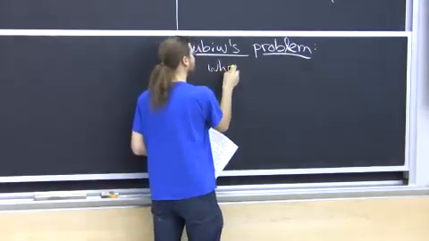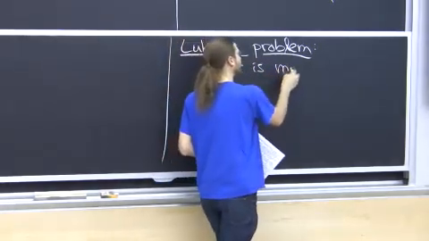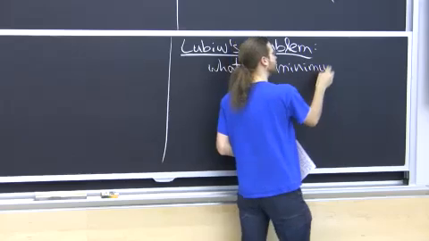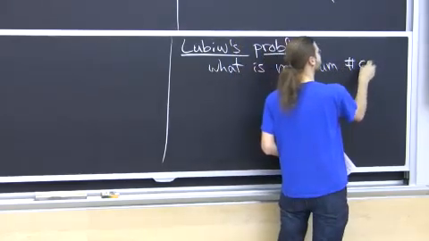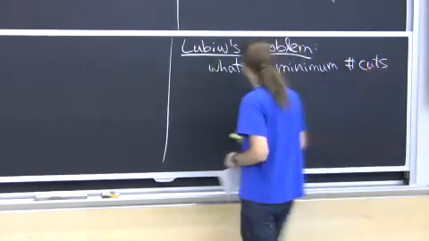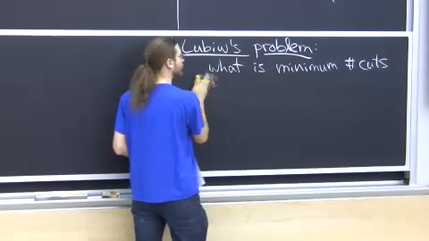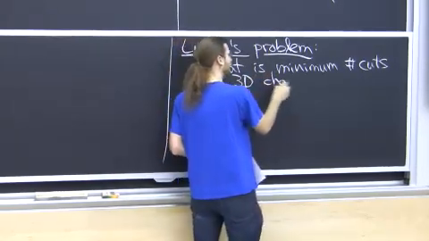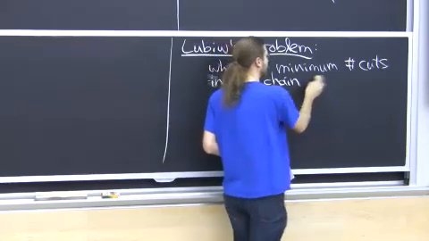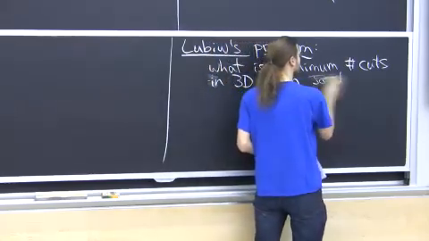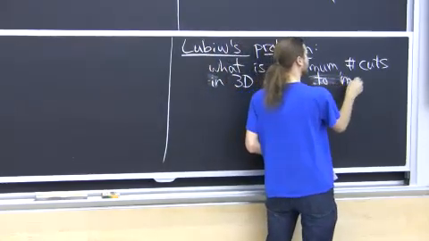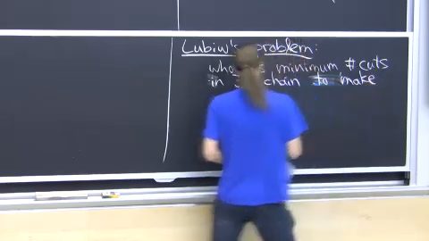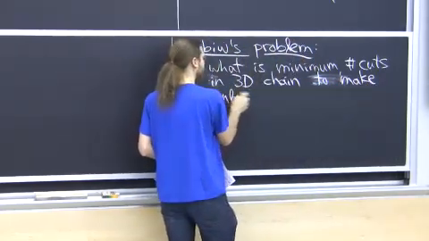What is the minimum number of cuts you have to make in a 3D chain in order to unlock it? In a 3D universal joint chain, to make it unlocked, meaning